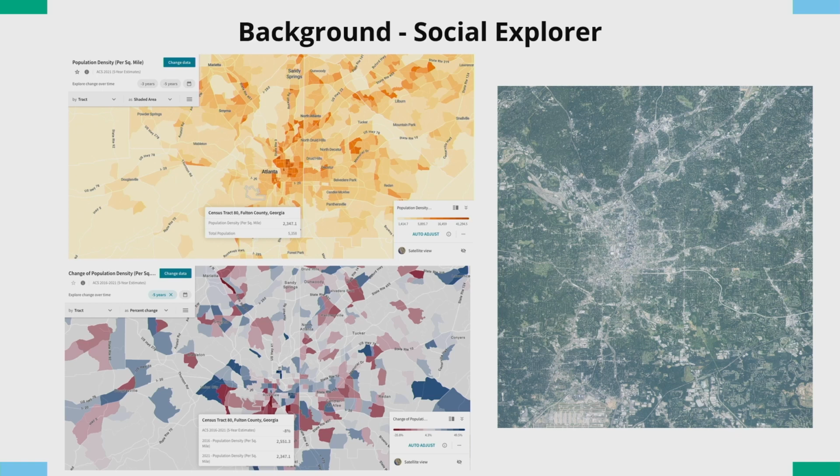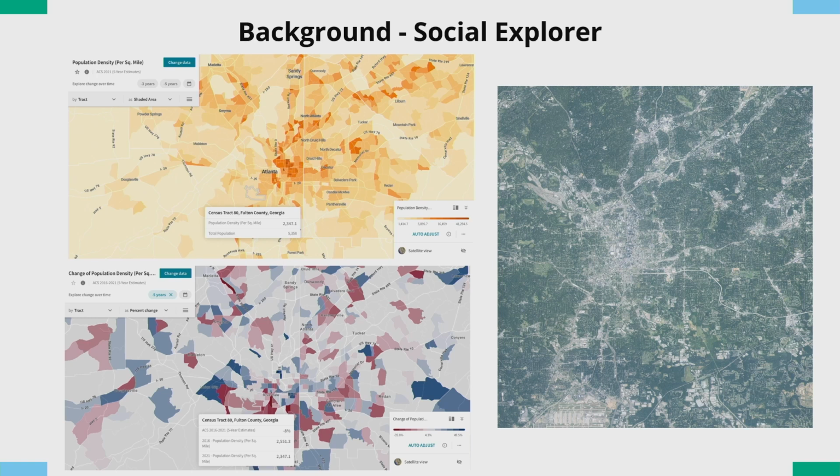But where Social Explorer lacks is it doesn't really do a great job of showing change over time. So I was really interested in seeing how the built environment of Atlanta has changed over time and how that correlates to population density data. So this is 1 year. You can change the year, but it doesn't do a great job of creating a way for users to see the data physically changing over a period of years. So I wanted to create a visualization that would allow the user to manipulate that data more easily and see